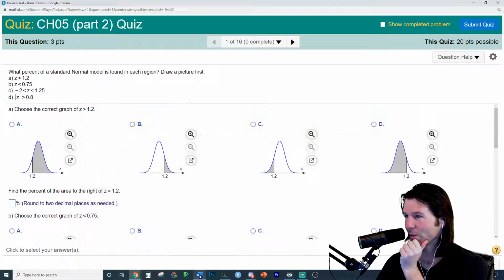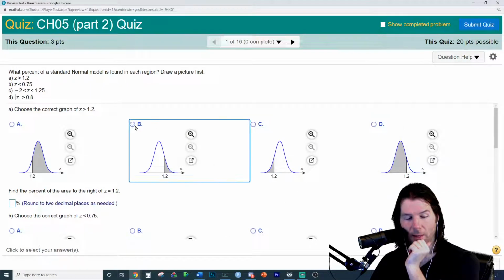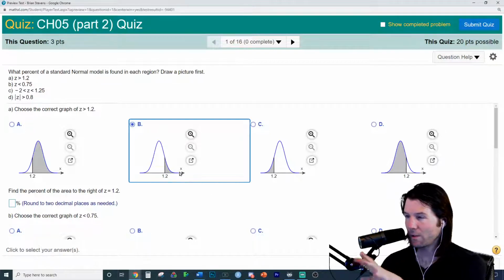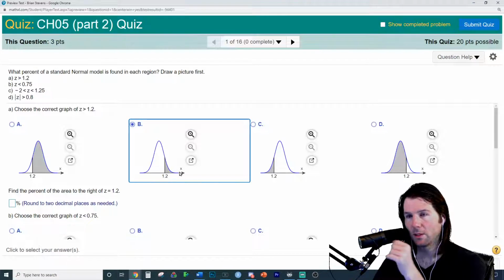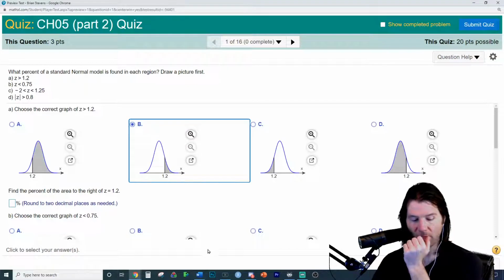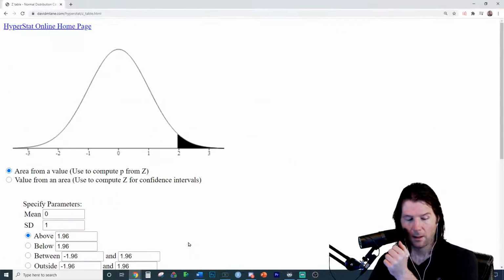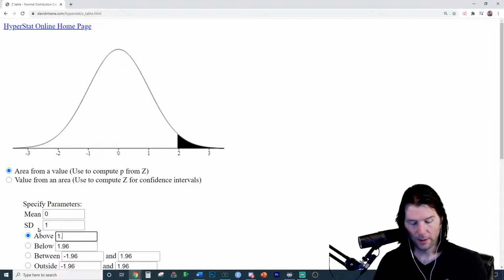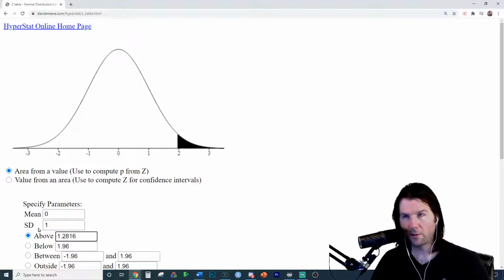So the answer for this one is for a z-score greater than 1.2, and we're going right here, greater than a z-score of 1.2, and this is the area. Now I know a special number. I know 1.2816. You don't know that number. Let me explain why I know that number. If I go above 1.2816, totally unrelated to this problem,